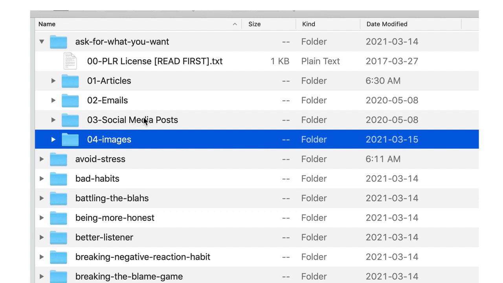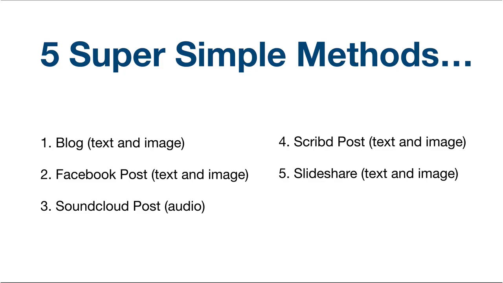I'm not going to be using the social posts for this particular demo, but once we have those 5 pieces of content, there's a lot we can do here. So let me actually run you through the 5 methods we're going to be implementing. So the 5 super simple methods we'll be using here, and again, there's 5 pieces of content in each one of those packages, is a blog post, a Facebook post, a SoundCloud audio-based post, a Scribd, which is document sharing